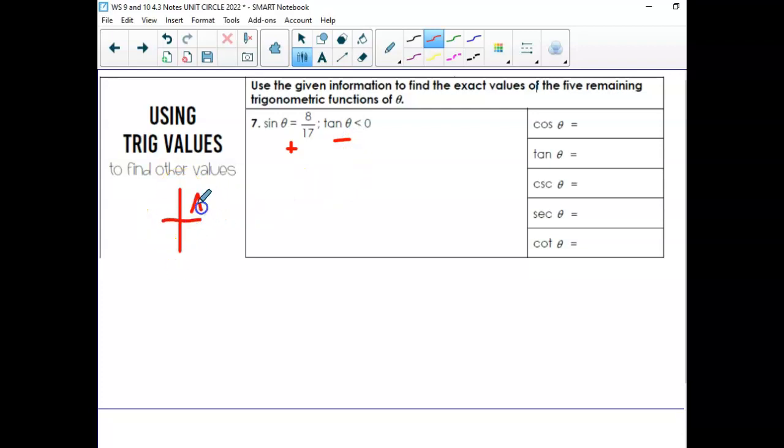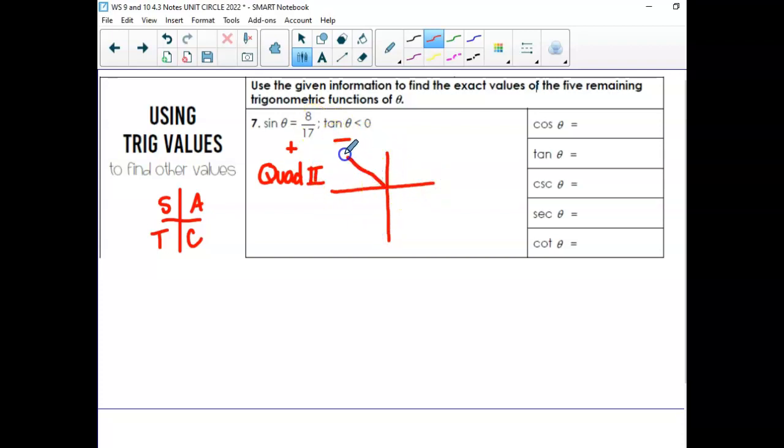Okay, all students take calculus. The sine is positive in quadrants 1 and 2. Everybody with me? And which one would have a tangent that's negative? This is all positive, so it would be quadrant 2, right? So that is a question it will ask on the quiz. It will specifically say, what quadrant did you find this to be in? And then what you want to do is draw it in quadrant 2,